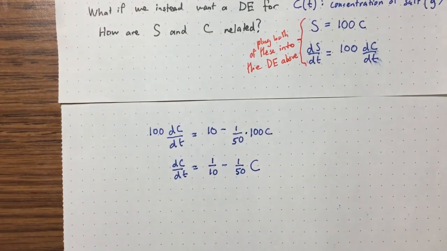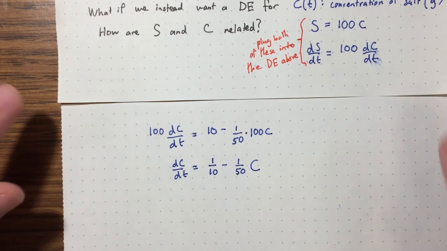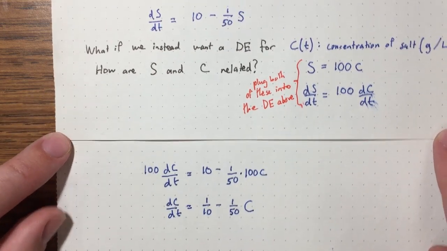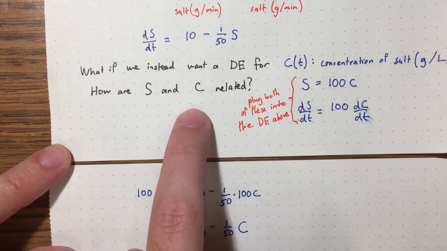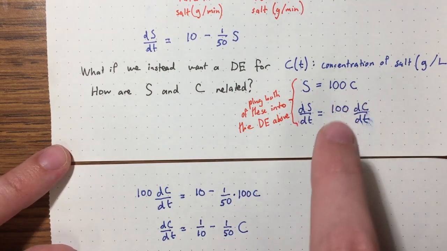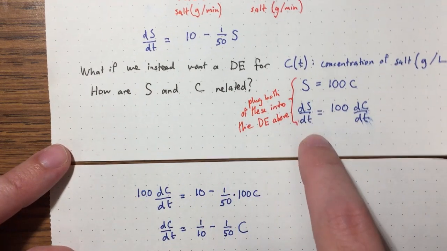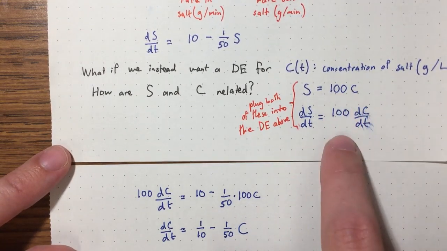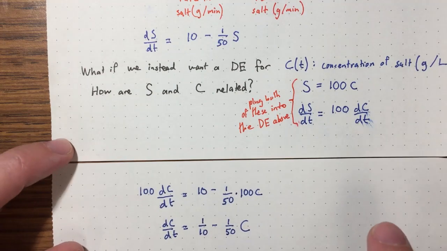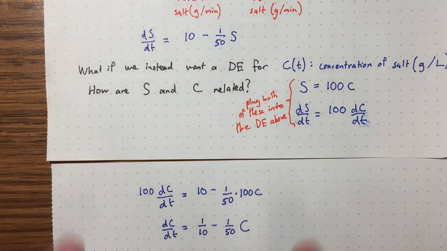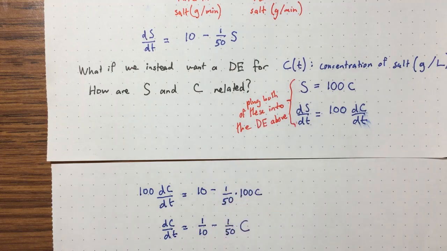And so this is our differential equation for c of t, or dc dt. So that's how changing variables works. If you want to change from one variable to another, you just ask yourself how they're related, write down that relationship, take derivatives with respect to t, so you're doing implicit differentiation here. And then finally, you're essentially going to plug everything back in